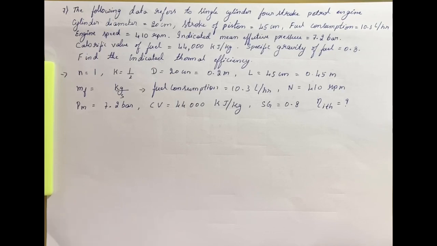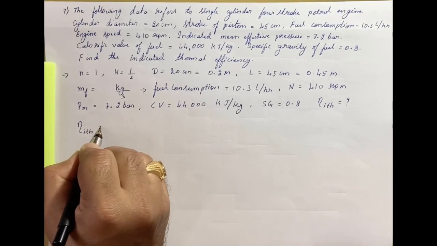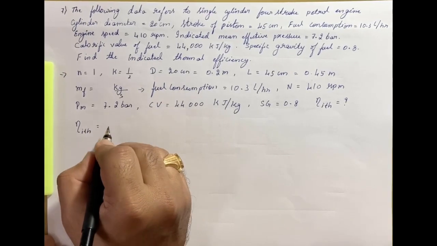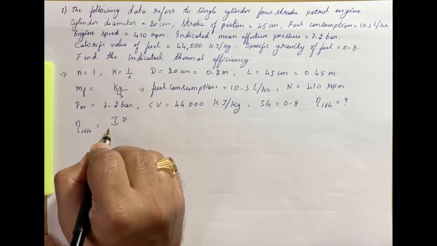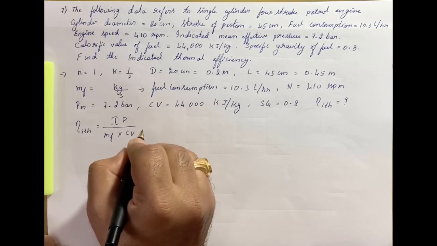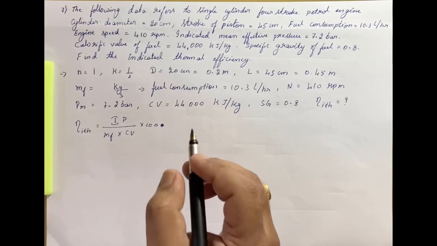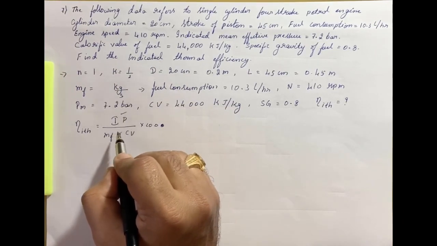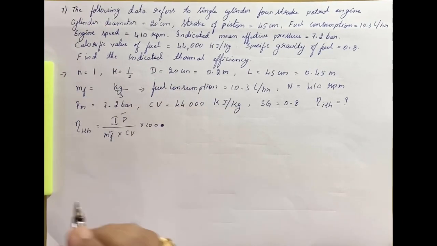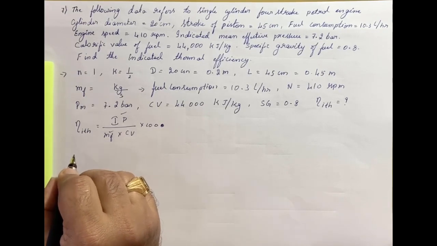Right. Now, what is the formula we have to use to find the indicated thermal efficiency? Here, first, eta ITH is equal to IP divided by MF into CV into 100. Now here we don't know IP, we don't know the mass of fuel, we know the calorific value. First we shall find them one by one. Now IP